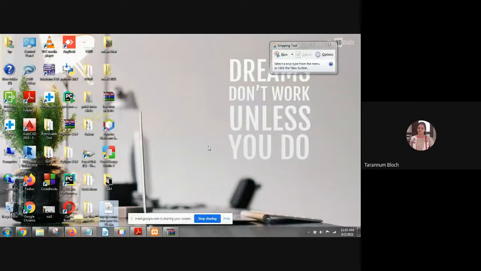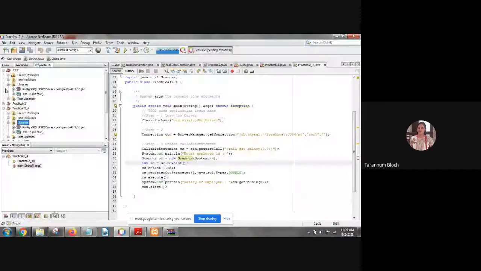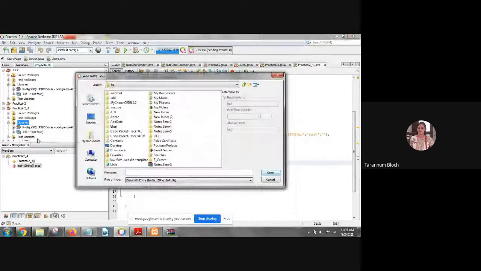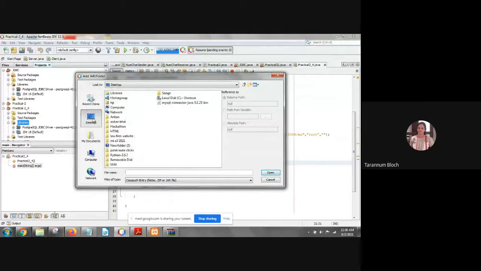Now you have to add this to your project, so go to your NetBeans. Right click on library, add jar, third option. Select desktop. Should I click on open?